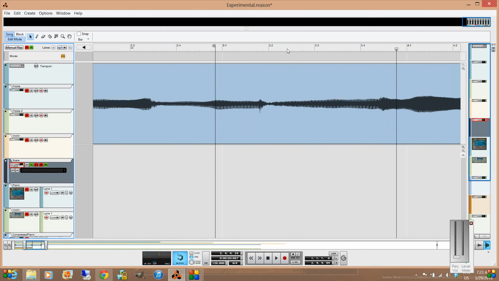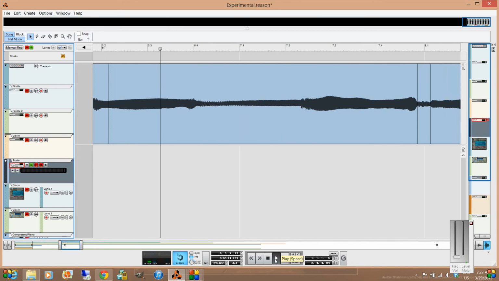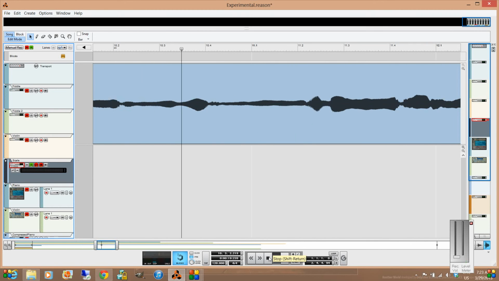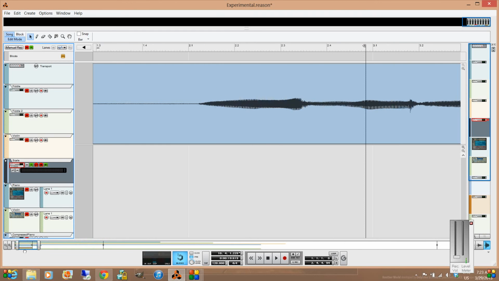That transient isn't part of the violin sound. And you'll notice that the amplitudes are all over the place on this, but it's recognizable as a violin.